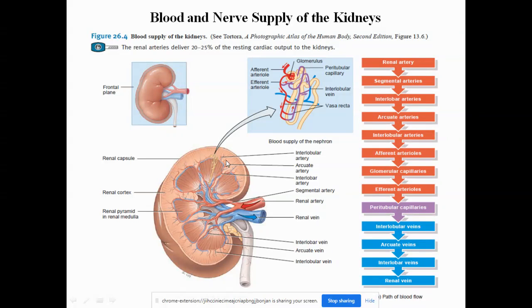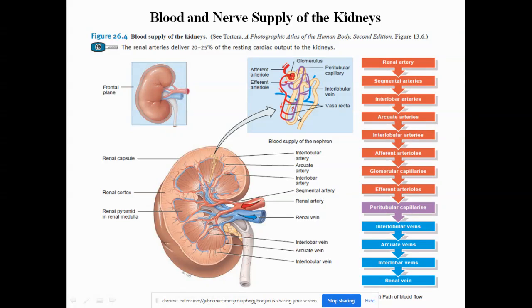From the interlobular artery, you can see they branch into smaller arterioles called the afferent arteriole, which goes into the glomerulus, that is the glomerular capsule, and divides into finer branches called the glomerular capillaries, and then reunite and emerge out of the nephron as the efferent arterioles. These flow along the tubular structure of the nephron as the peritubular capillaries, which further branch in some areas of the loop of Henle, called the vasa recta. And then you can see the change in the color.